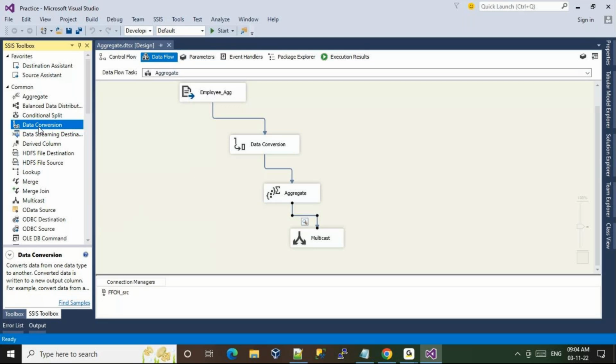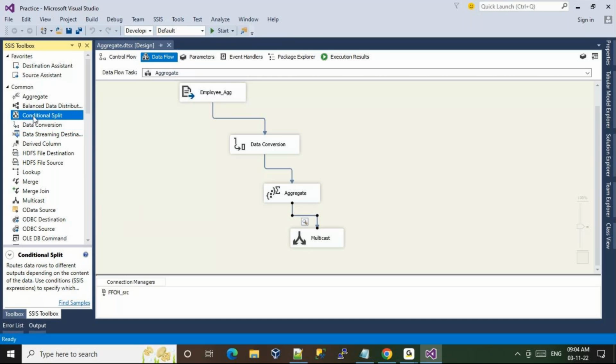It is used to convert the data format from one data type to another data type. Okay. Next one,